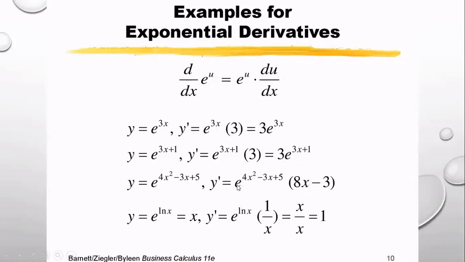The same rule as before: e to the power x is e to the power x. So e to the power u is e to the power u into du over dx. This is the du over dx. Here ln x is there, and 1 over x is the additional factor: e to the power ln x into 1 over x.